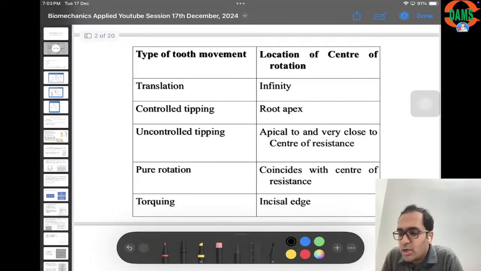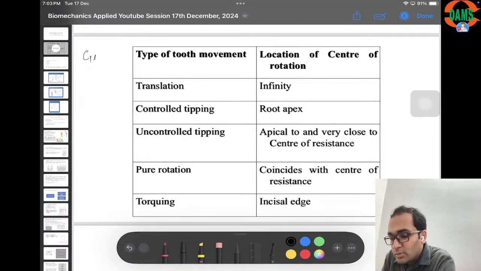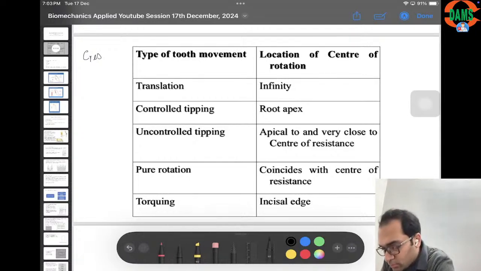So before starting, a quick revision or a summary of what we did. As we discussed last time, the location or definitions of center of resistance, center of